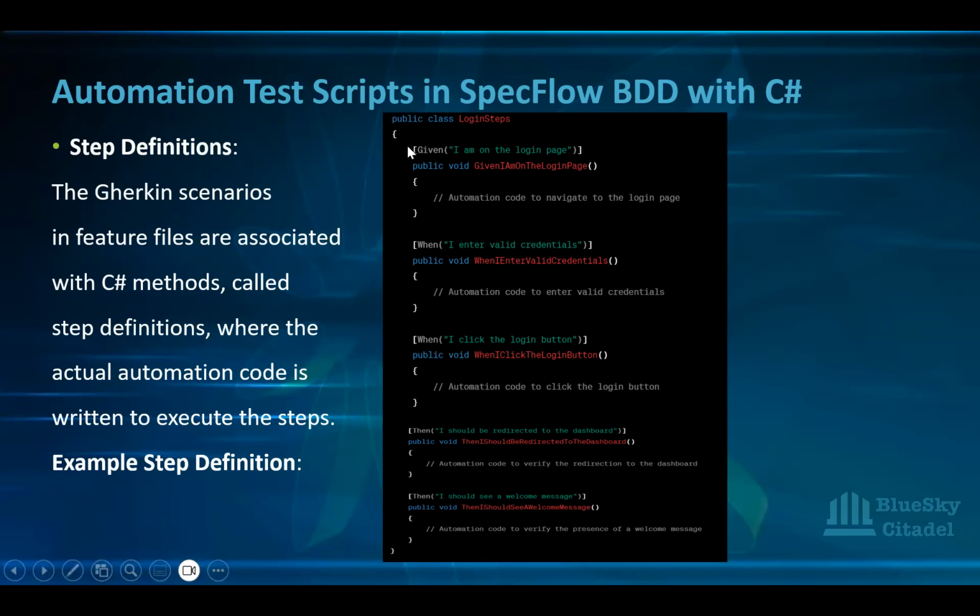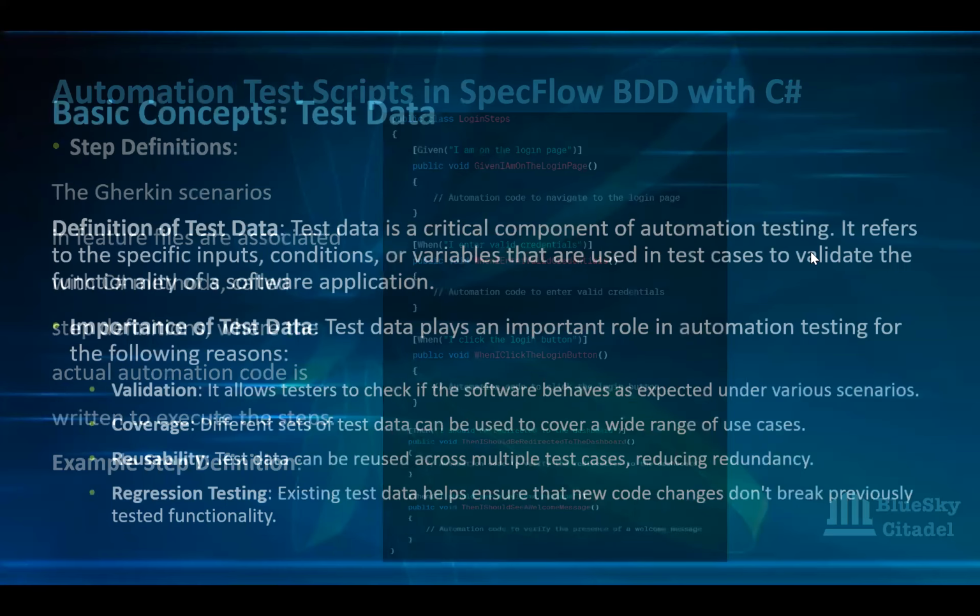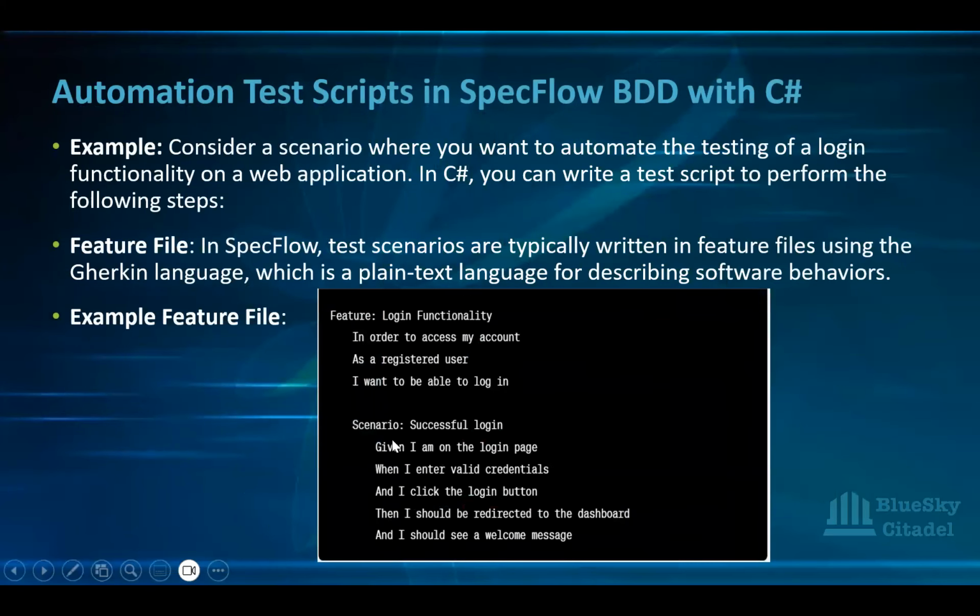Note all these curly braces; that's what C# uses. Now look at these square braces. These are the methods. So given I am on the login page, in the previous slide, you see, given I am on the login page,